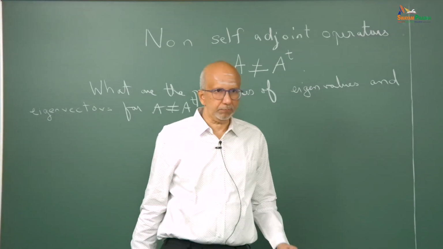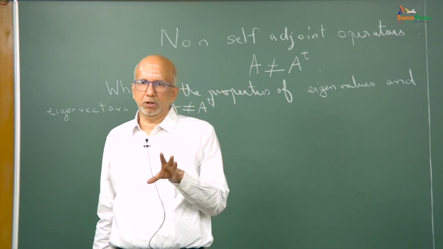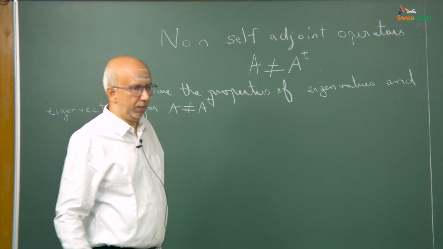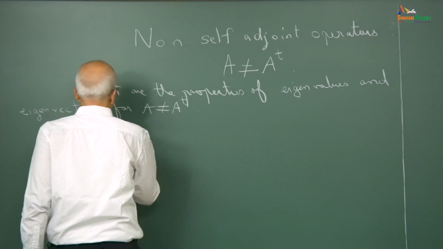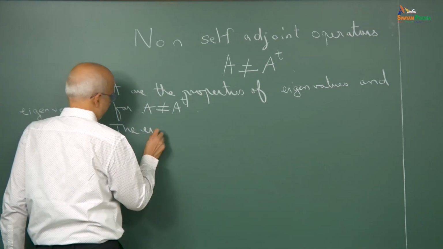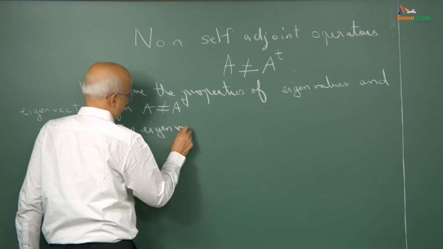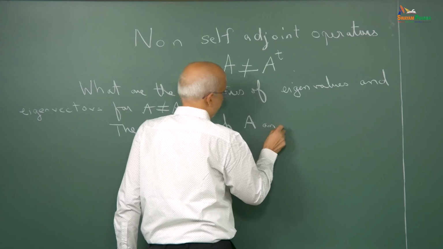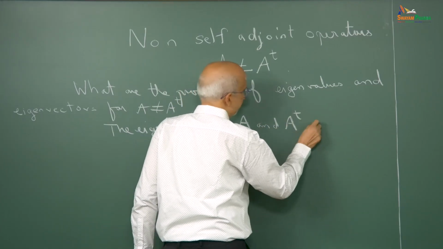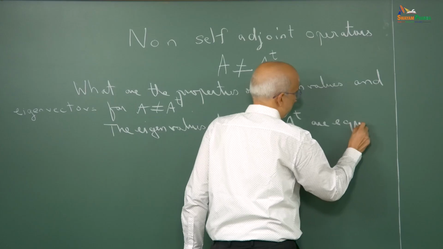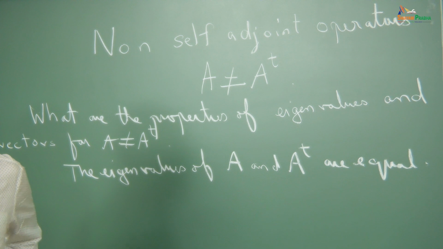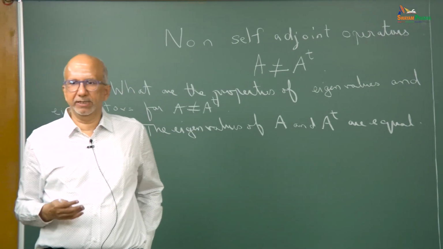So, basically we already saw that the eigenvalues of A and A transpose are the same, okay. The eigenvalues of A and A transpose are equal, okay. So, now I want to find out whether there is any relationship between the eigenvectors of A and A